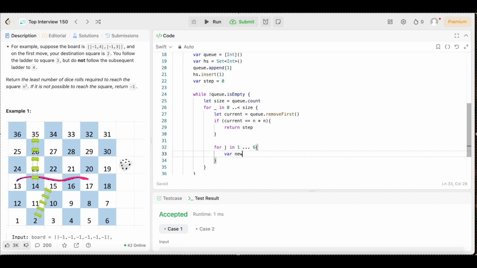Let me see, new point. We're gonna set that equal to current plus j, and that's gonna move to the new cell. Now we're gonna come underneath that. We're gonna say if, open up the parentheses, new point is greater than n times n, then what we are going to do is